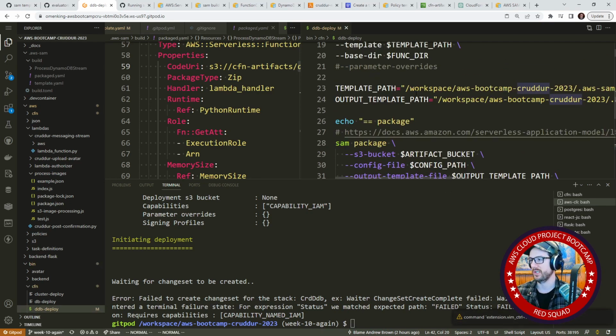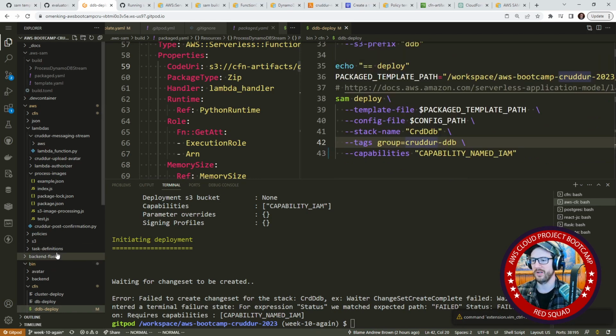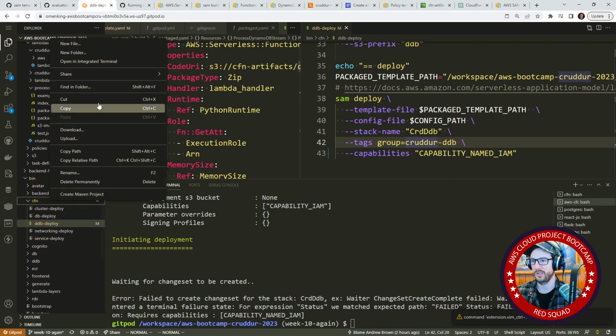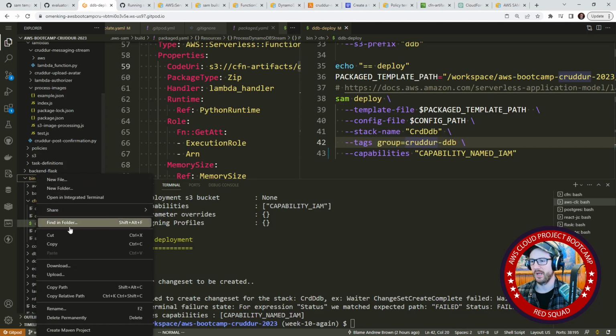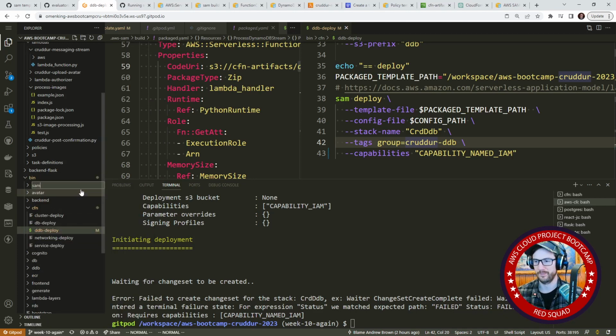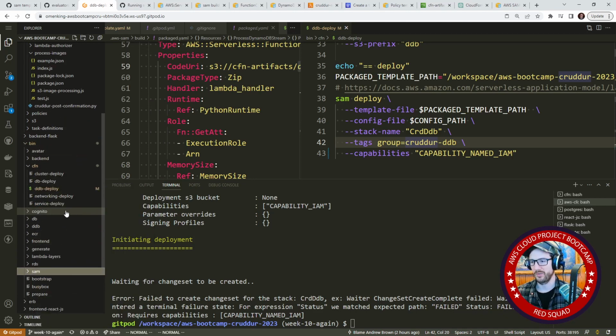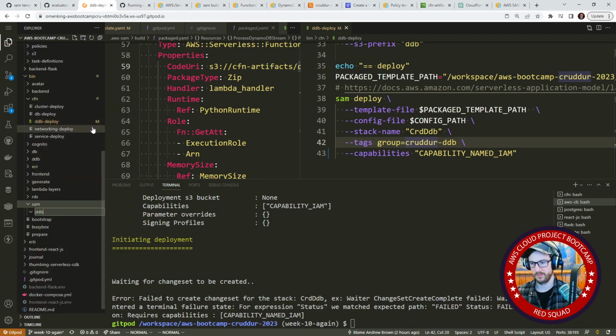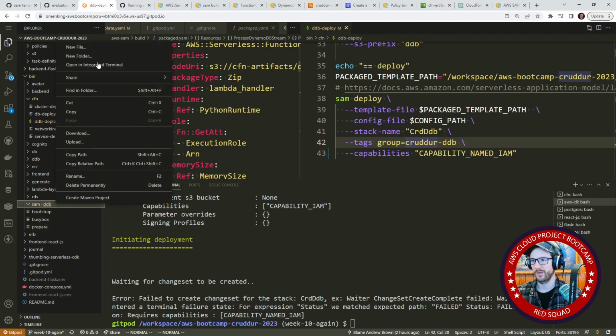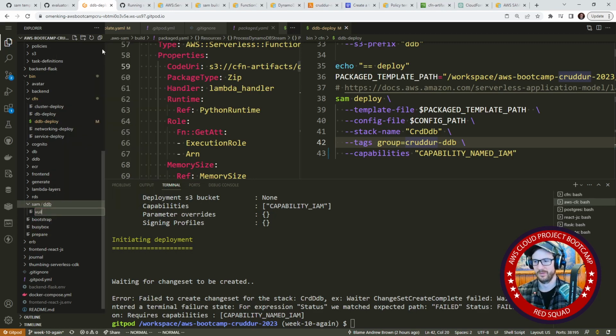So we do have a bunch of steps here that I kind of want to break up. You know, I wanted it to be one, but unfortunately that's not how it's going to be. It depends on how we want to do this, because it's not necessary, this is not CloudFormation, this is SAM. So I'm going to go here and make a new folder called SAM. I don't know how much SAM we're going to be doing. But we'll just say folder DDB. And then in here, we'll have build. I know, don't you love having tons of folders? Build,